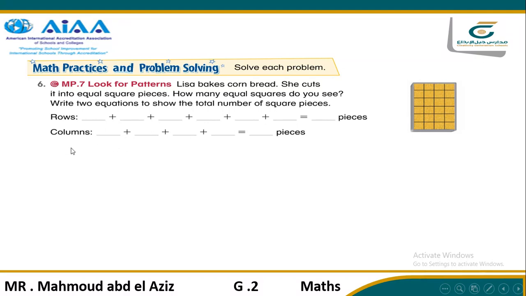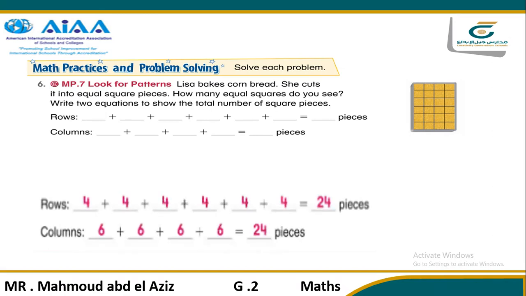What about columns? How many columns do you have here? Let's count. 1, 2, 3, 4. And in each one, how many squares? 1, 2, 3, 4, 5, 6. So you will add 6 four times. 6 plus 6 plus 6 plus 6, which equals 24 also. So our answer here will be 24 if you add 4 six times by rows, or it will be 24 if you add 6 four times by